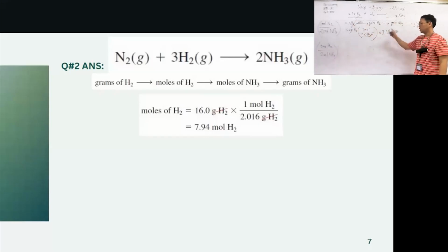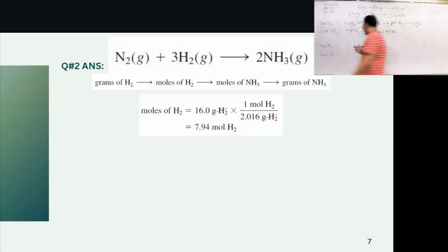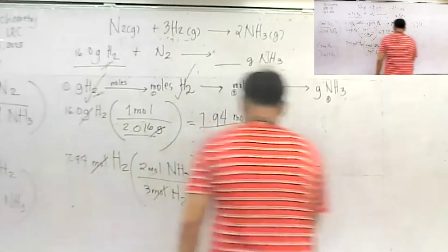And actually, we are okay with step 2. So we have moles of H2. What will we do next? You have 7.94 moles of hydrogen gas. Do not forget to put the unit. And then we just have to insert our conversion factor. What's our conversion factor? We have 3 moles of hydrogen gas would produce 2 moles of ammonia gas. So you just have to cancel out, and the answer would be,